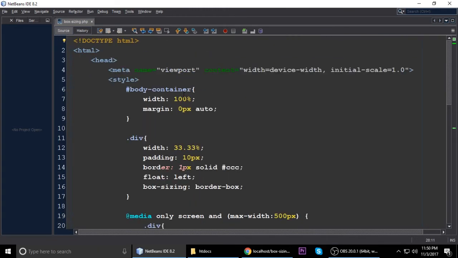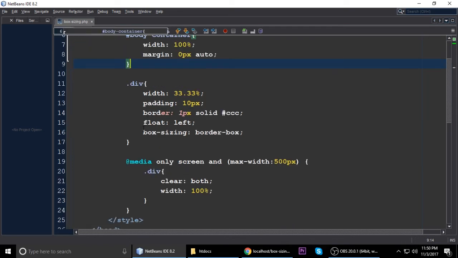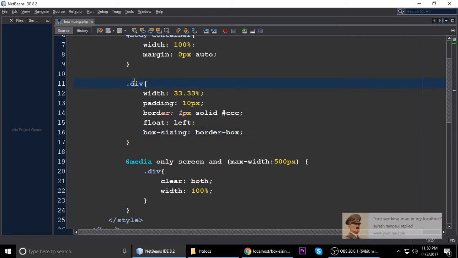You can see here body container, its width is 100% and margin is 0 pixel auto. So this line of code, it's not important. The important thing is the box sizing, which is this one. So we will see